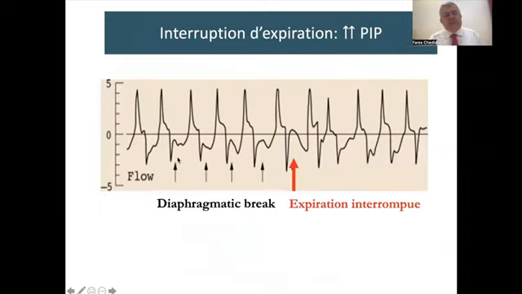We'll see now what interrupted expiration means. You see the patient here is breathing during expiration. There is what's called a diaphragmatic break. He doesn't go smoothly expiring. He doesn't interrupt expiration, but he breaks a little, then he continues expiring. So all of this volume is the expired volume, which will decide the next breath. We have no harm. We have enough volume to decide the next breath. The diaphragmatic break keeps increasing, and we still can calculate all that volume to decide the next breath, PIP.